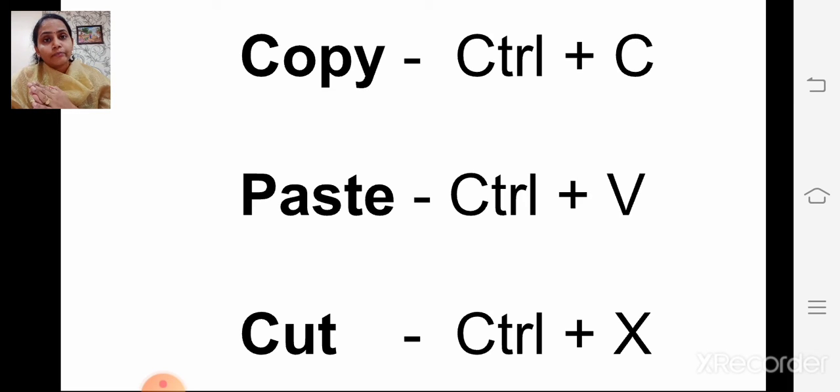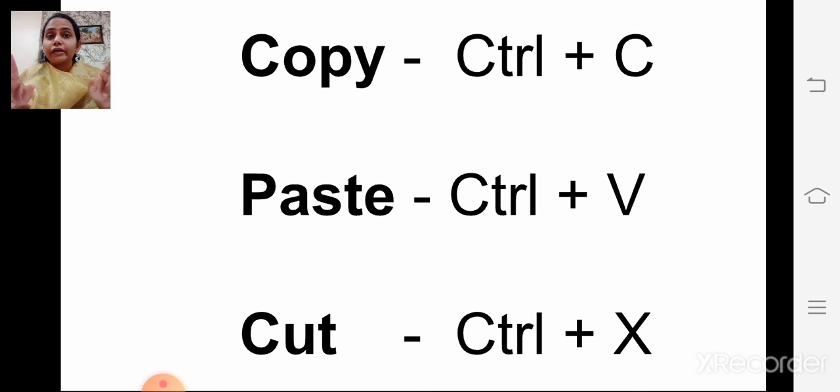Understood, children? And next, the cut command. Cut means moving the text, moving it from the document. Control plus X. You have to press and hold the control key and press the X alphabet on the keyboard.